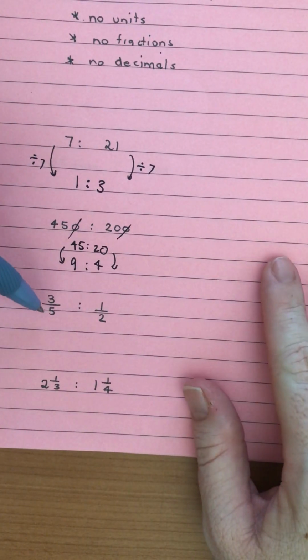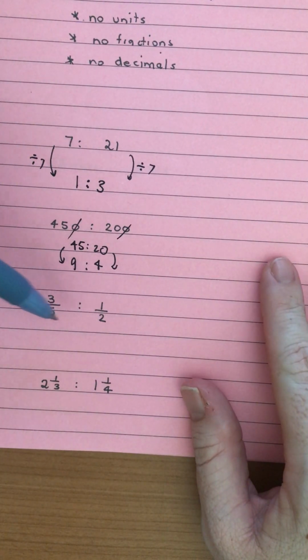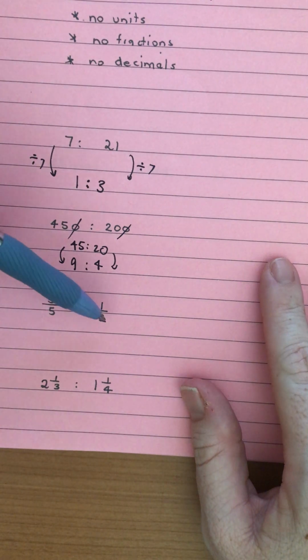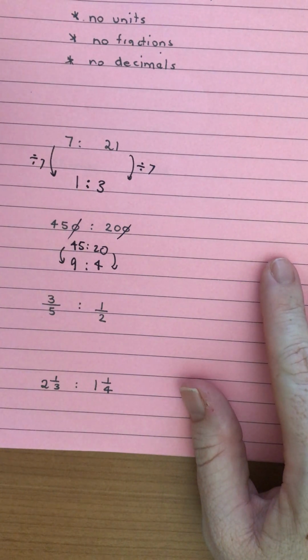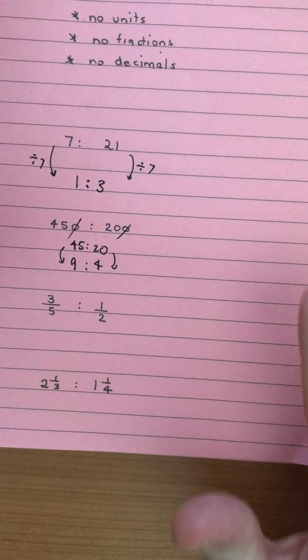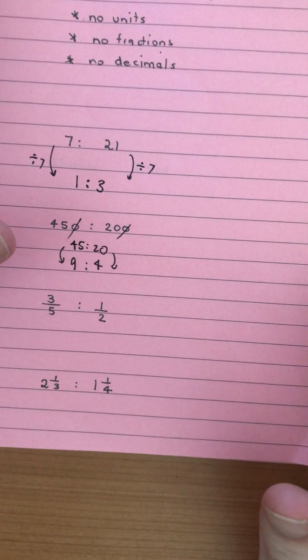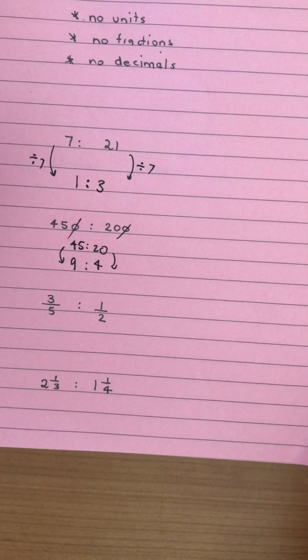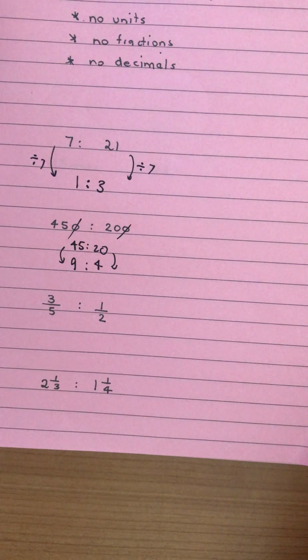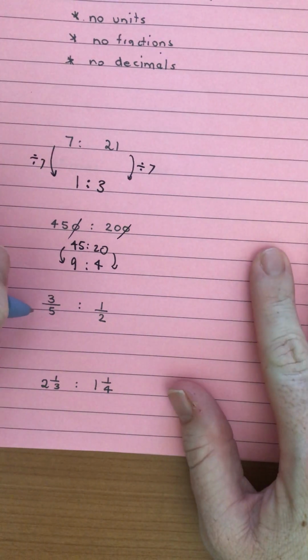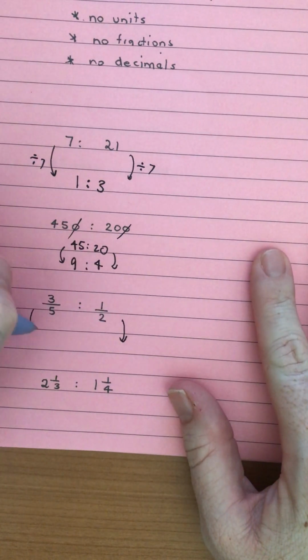Then I get to some fraction ones. So I look at the bottom number here, and I've got a 5 and I've got a 2. So the lowest common multiple of that is 10. So if I multiply both of them by 10, that should get rid of my fraction on the bottom. The other option that some people go with is making it both the same denominator and then just taking the denominators away. So if we multiply by 10, we would get 10 times 3 is 30